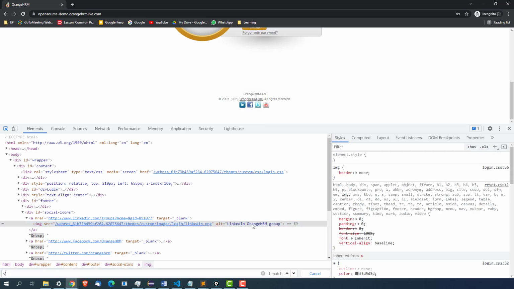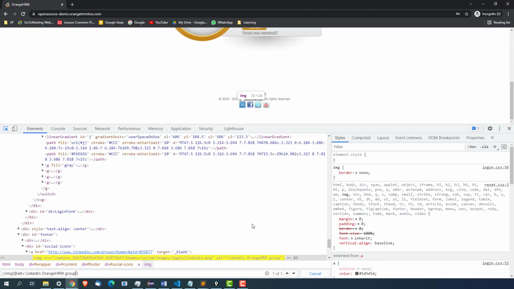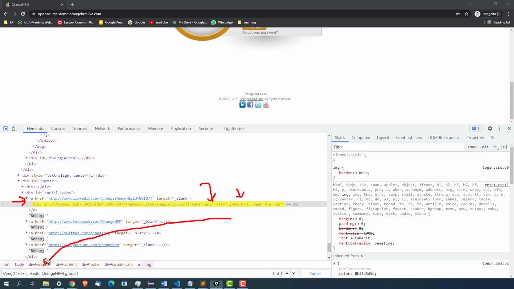So I will write a quick XPath that finds an image which has an alt attribute, and the alt attribute is this. So this is the image that we want to find. This is the alt attribute, and the alt attribute value is LinkedIn Orange HRM group. So this is the XPath that we have written, that finds the image tag which has alt equal to LinkedIn Orange HRM group.